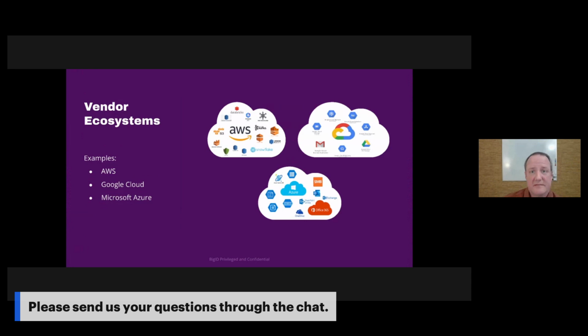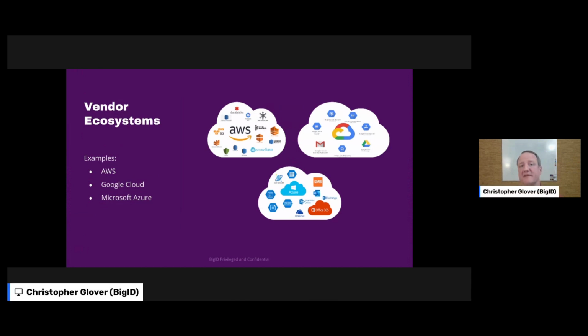Vendor ecosystems. We've been talking about cloud here. It's the same story for cloud. Inside of the cloud, there's a lot of automation around lineage. In fact, it's very mature and it's very good compared to other environments that you may develop on-prem.